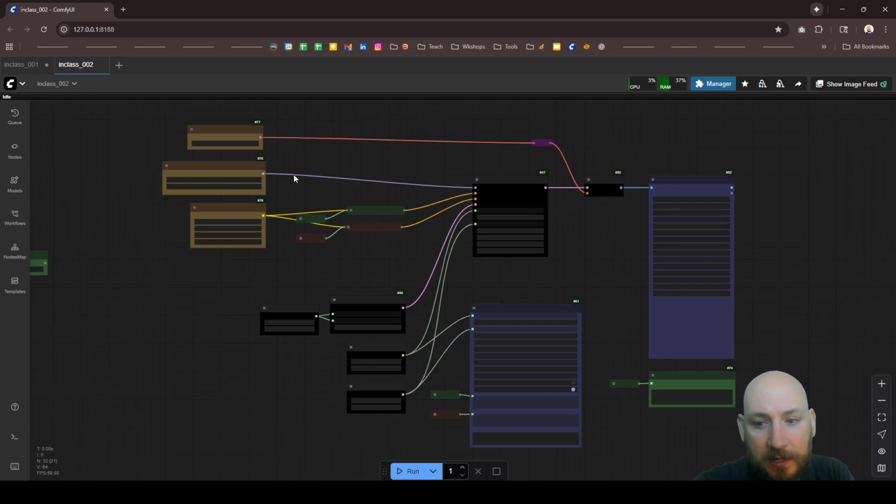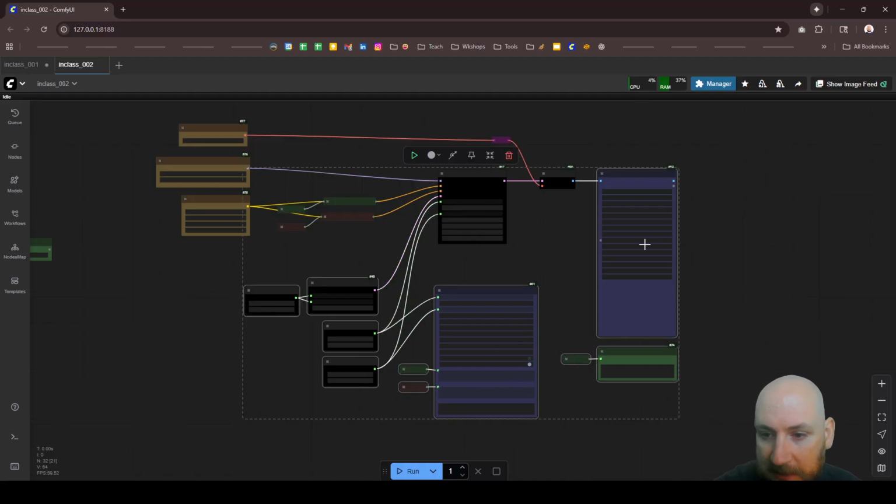Some of them work better than others, and when you load Flux image to image workflows from various websites, often, at least when I went to test them, they did not have very good workflows. As a result, there wasn't a lot of coherence between the original input image and the output image in a way that SDXL can achieve. But this workflow I'm going to show works quite well, but there are lots of ways that you could do image to image in Flux. And some of them are more file efficient than the others. This one is maybe not as file efficient, but nevertheless,